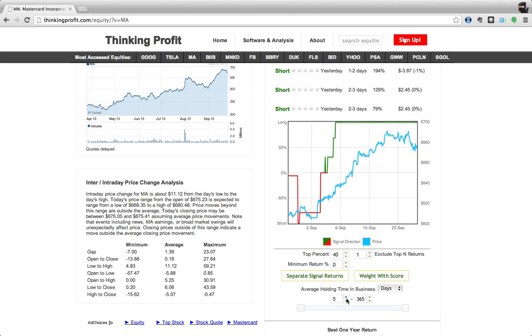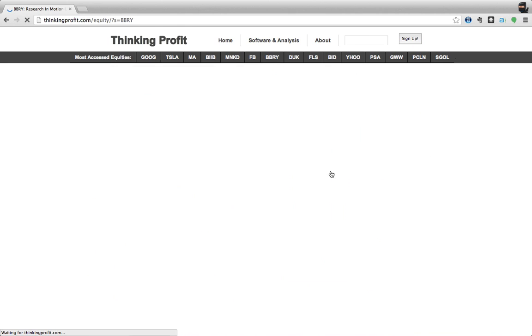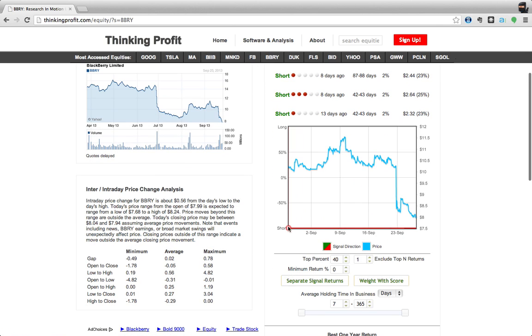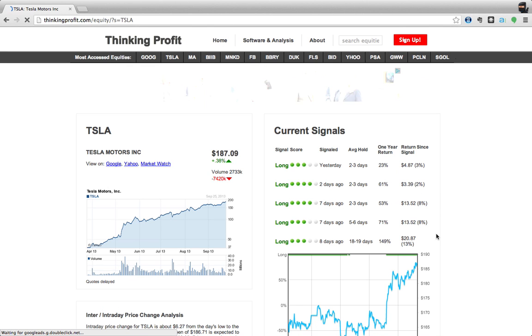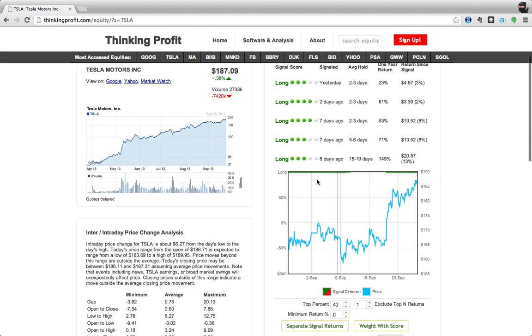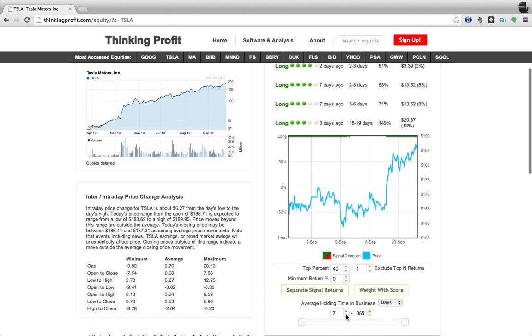In the meantime, I'm looking at very short-term buys and sells on this. But for most of us, our graphs actually start at about 4 days, and for some people it may work better up at 7. So if we look at BlackBerry, over 7 days and greater holding periods, we're looking at 100% of them say short. Tesla, great equity here. 100% of our signals said it's still going to go up, and then our signals that include holding times greater than 7 days